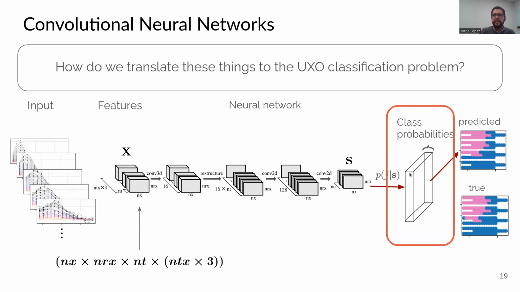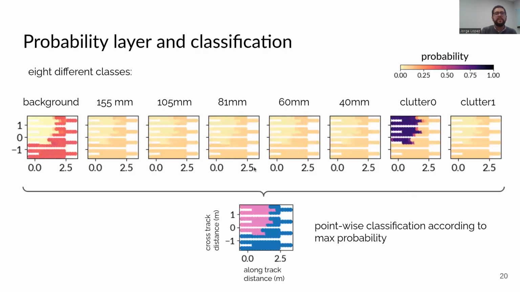So yeah, now I will start. I will talk a little bit in detail about this probability layer. So this looks something like this. So it will have the number of